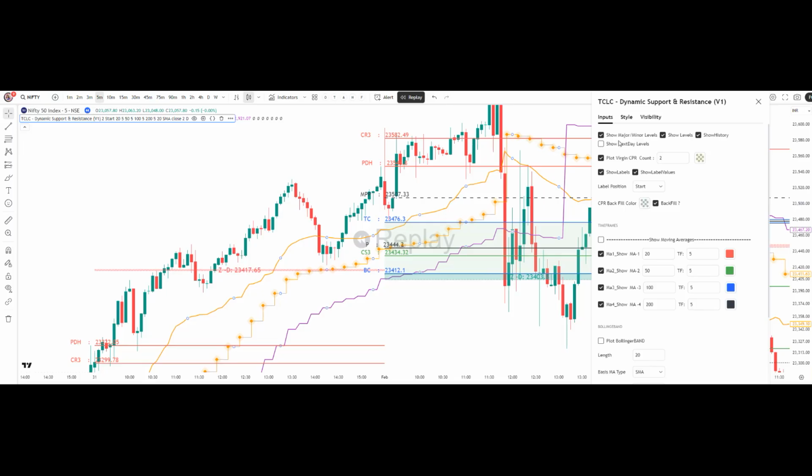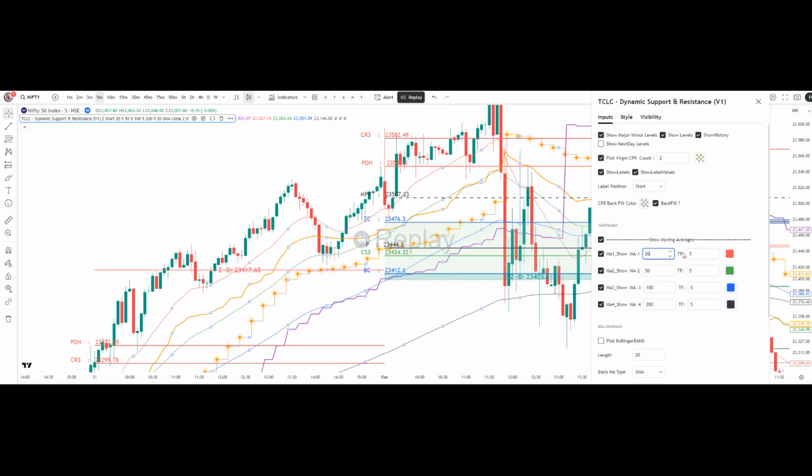All right, and to show major and minor levels, we can see once we go to the style, here we have an option called show moving averages. So if you want to see the moving averages, you can just enable this, and here I have given 4 moving averages. You can add 4 moving averages, and based on which type of trader you are, you can enable that. 20 you can add, or if you want to add any number, that is 50 moving average, 100, 200, or 34 moving average, even 13 moving average, any moving average, depending upon your trading style, you can